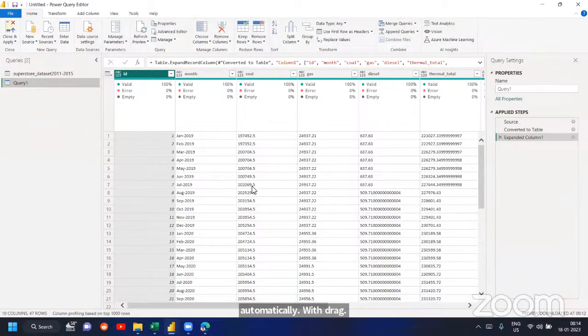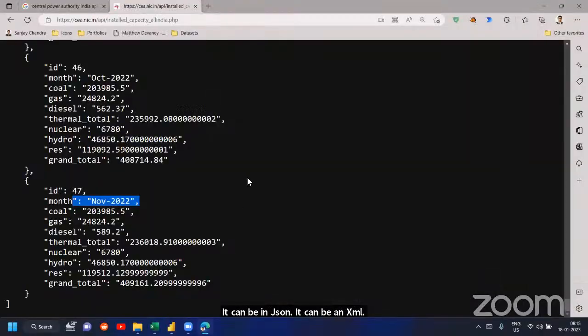So the point is your data source can be in any format. It can be in JSON, it can be in XML generally. Web sources are in JSON. So in web sources, if you want to pull any data, this is how the data will come. And you should know how to convert this data into a normal table. That is where JSON will come. This is all in JSON. So this JSON is called JavaScript object notation. That is the full form of it.